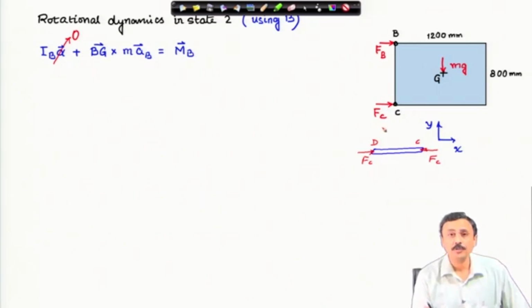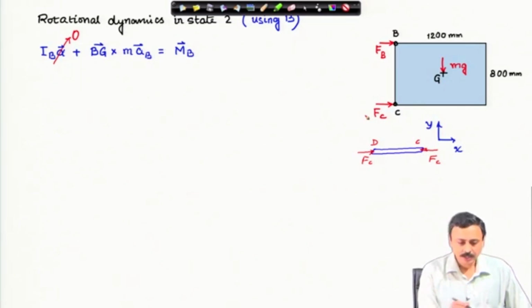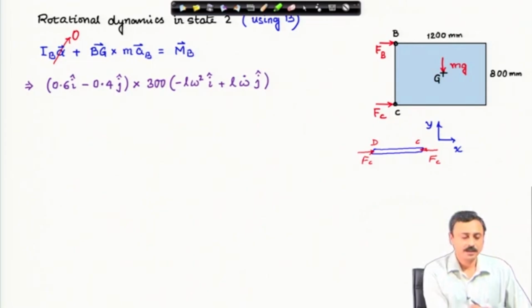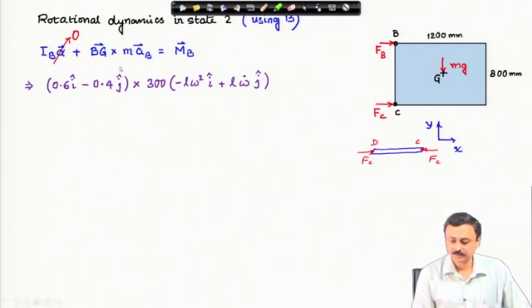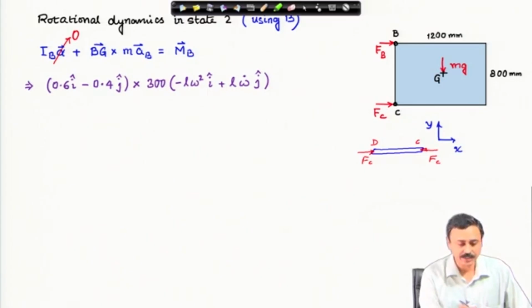Therefore, the force on the plate at point C will be horizontal, because we are dealing with state 2 where the link DC has become horizontal. Okay. Now, angular acceleration of course is 0, angular velocity of the plate is also 0. Therefore, IB times alpha, that drops out. The rest of the terms I can write, I can represent Bg vector in the coordinate frame that I have chosen, because the dimensions of the body are specified, cross mass of the plate 300 kilogram times acceleration of point